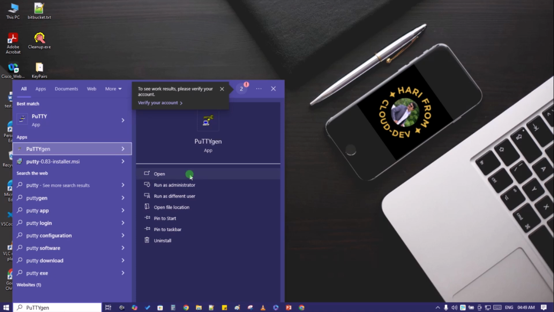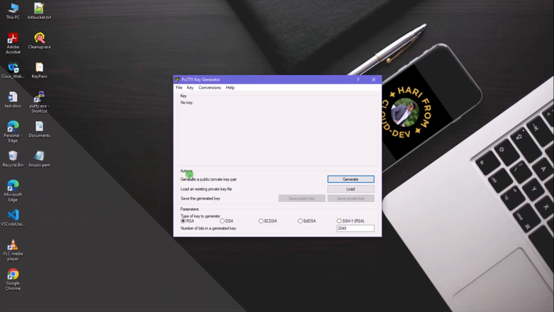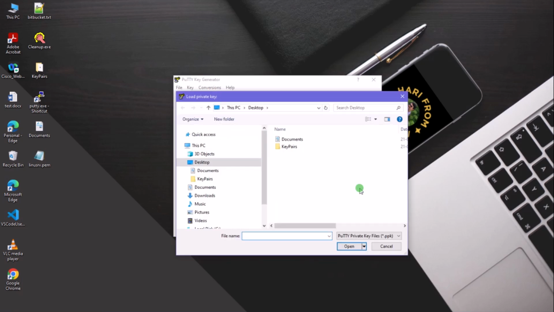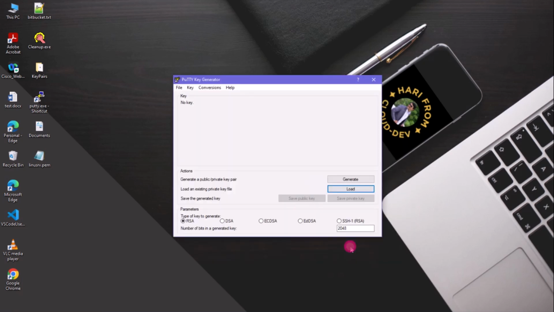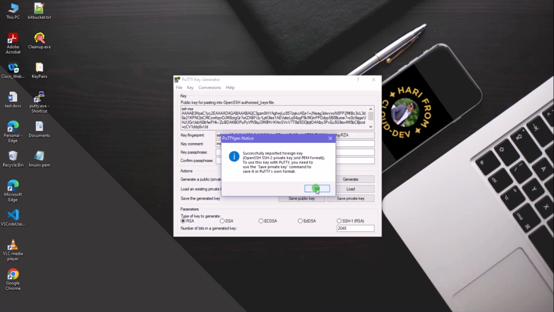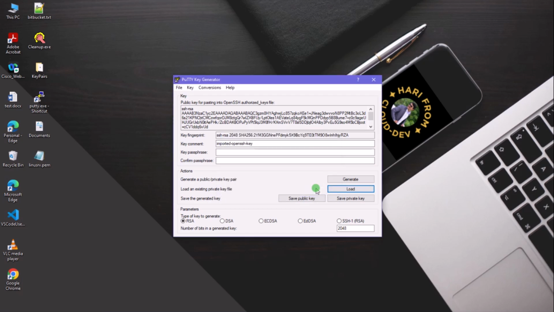How will I do this? Just open PuttyGen and click load. What is the load? You need to load the pem file we already downloaded on the desktop, right. Click this one, select all files, and click this one. Click linux pem, and after clicking that linux pem, okay,